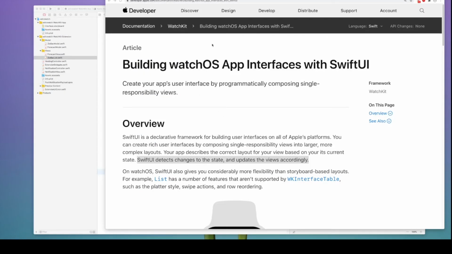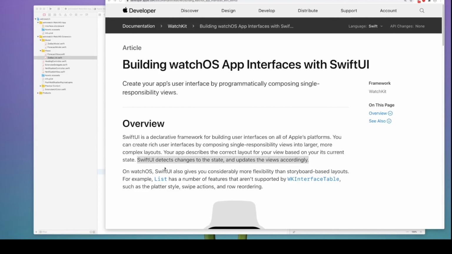I want you folks to spend some time reading this article. This is regarding building watchOS app interfaces using SwiftUI. Now, the benefit of SwiftUI is it is a declarative framework, which is like a script, with which you can declare UIs, and it has the SRP principle built into it, which can be used to build more complex layouts.